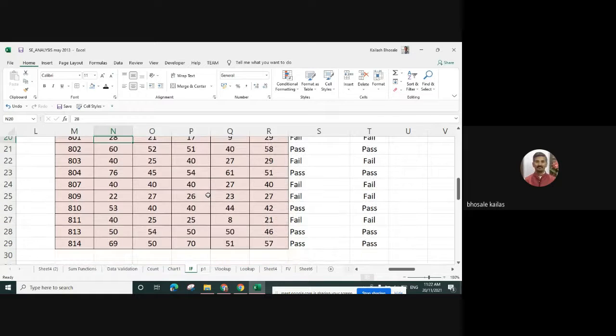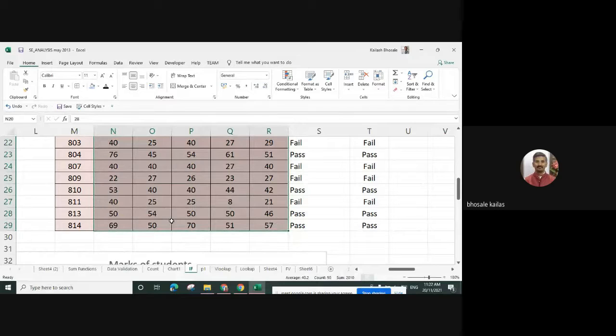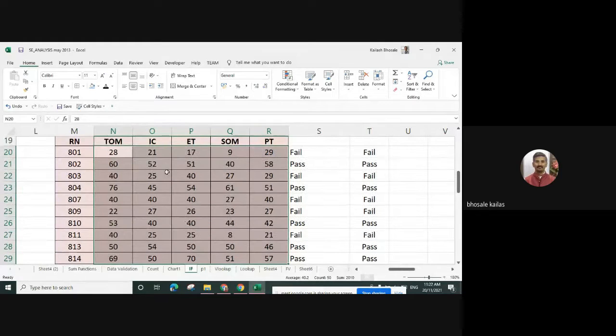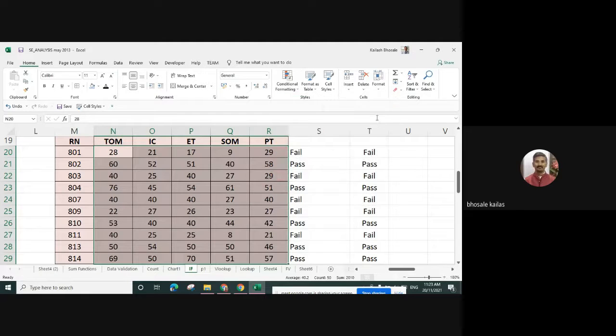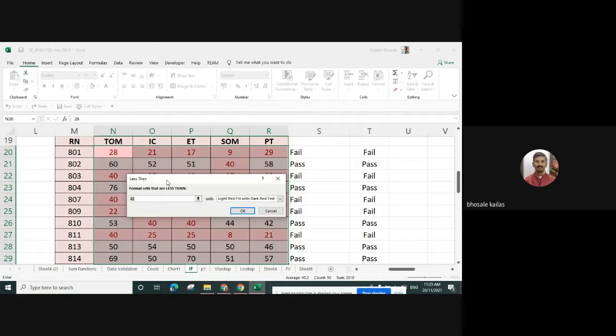If the marks are below 40, then I want the color of those marks to change to red. So go to conditional formatting. There are many options like highlight cell rules. I will select less than. What is my condition? Less than 40.